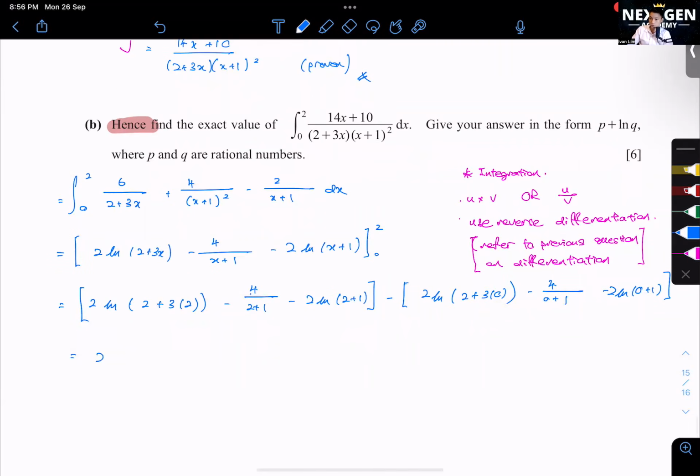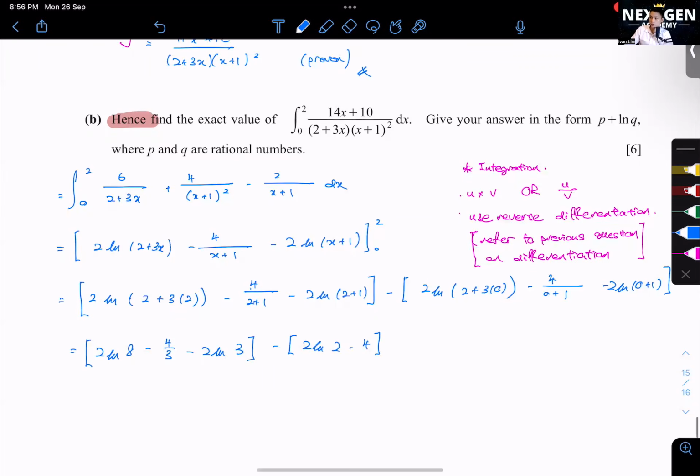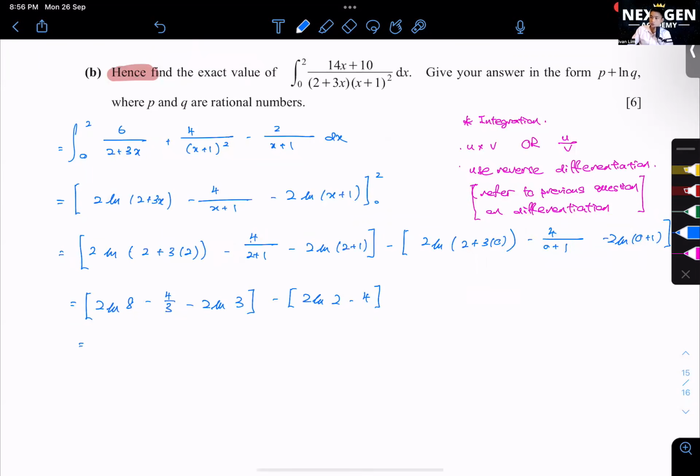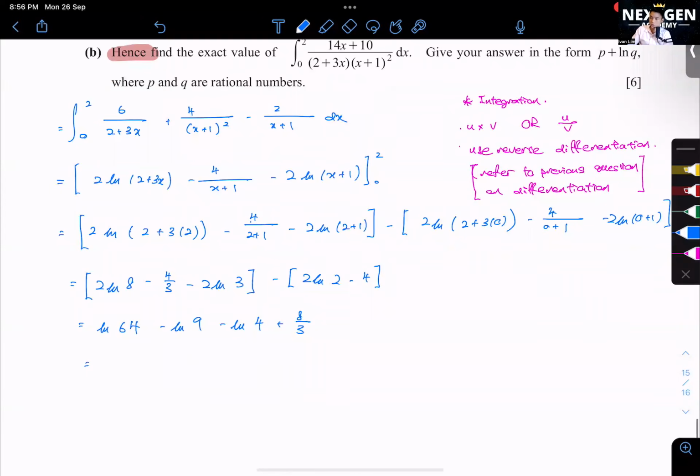We will get 2 ln 8 minus 4 over 3 minus 2 ln 3 minus 2 ln 2 minus 4, equals ln 64 minus ln 9 minus ln 4 plus 8 over 3, equals ln 16 over 9